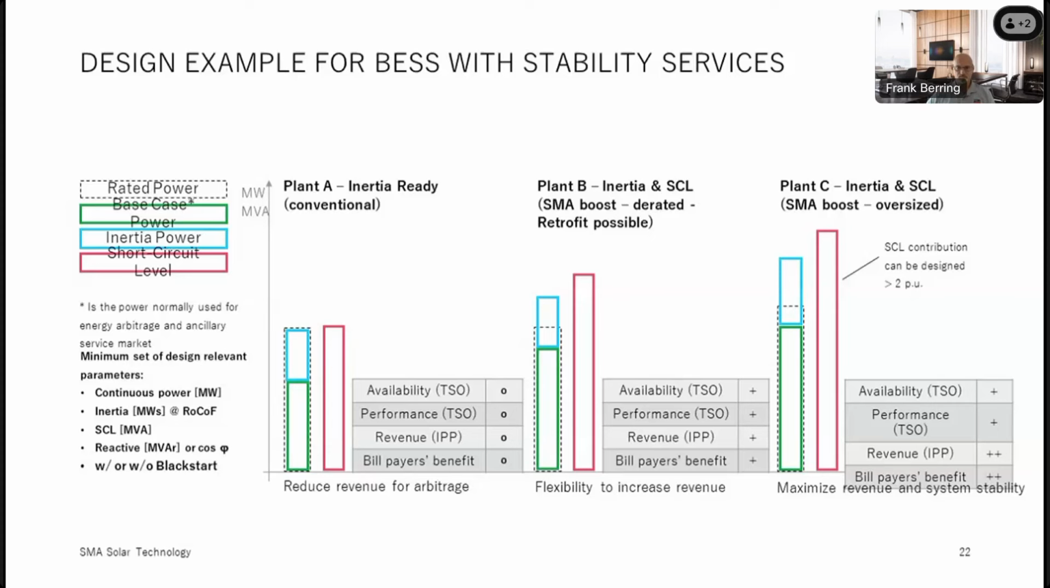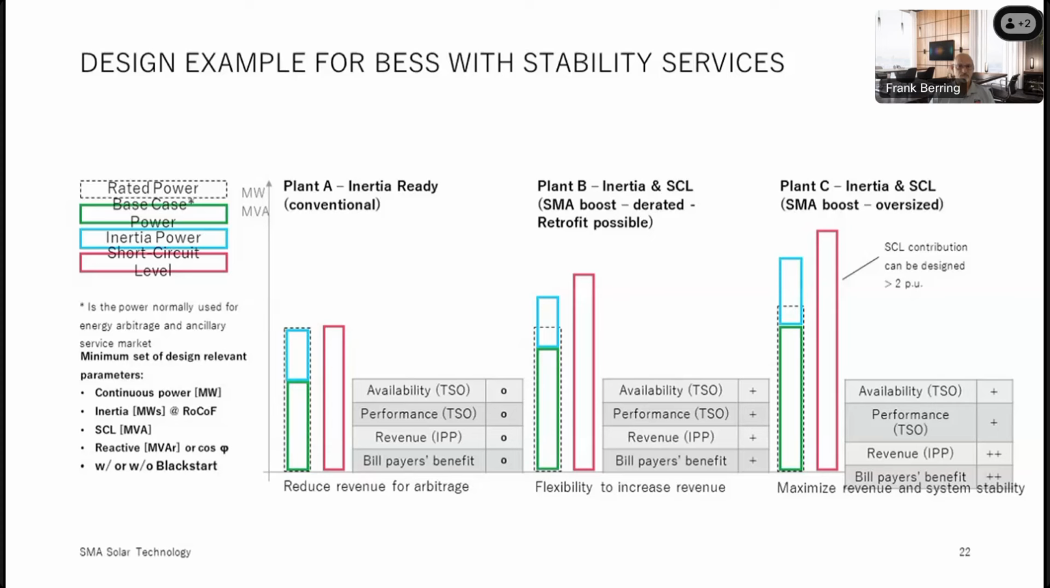So this is really then the methodology for sizing plants for up to 2 per unit or more short circuit current on the POI based on the base case power, right? And if we're looking at the rated power dash line box here, we do oversize the inverters a little bit, but